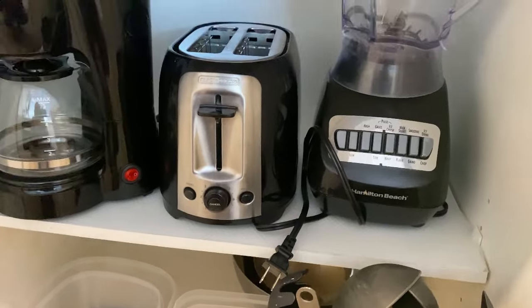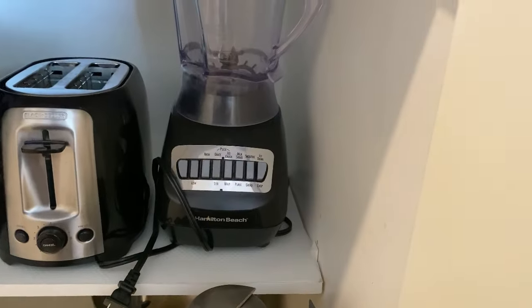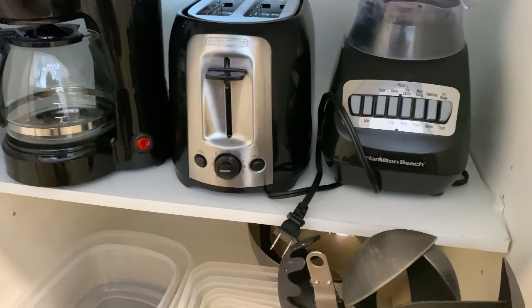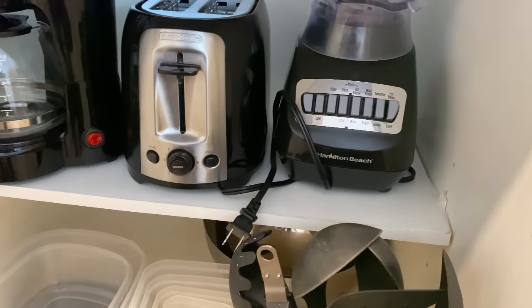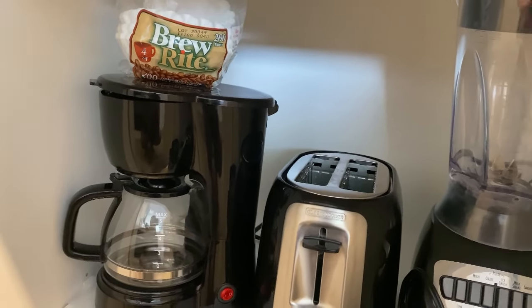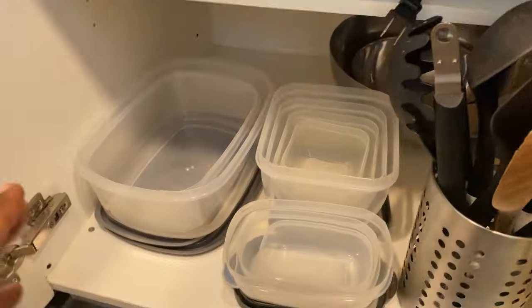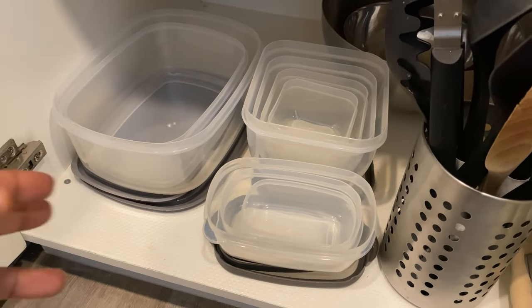Toaster. You have to have a toaster. There is no way that you can have a place and not have a toaster. Now, I do have a blender here, and I also have a coffee maker just for my guests, because some people like to get up, and I can see people have been using them, and I provide the filters. I mean, these filters last forever, and I provide Tupperware, so if they want to store food, obviously they're able